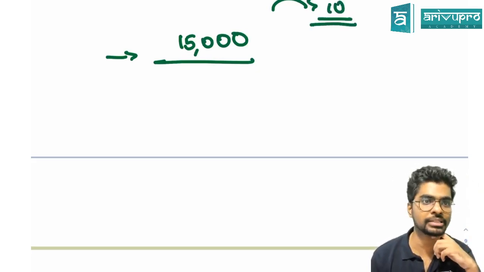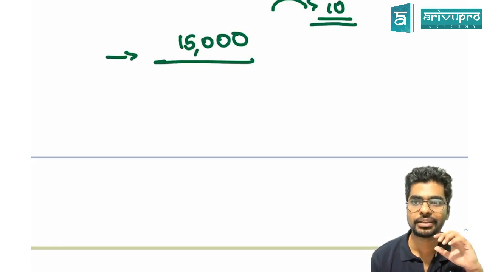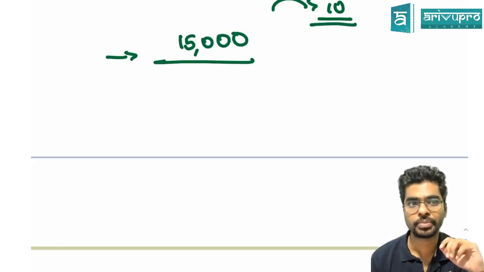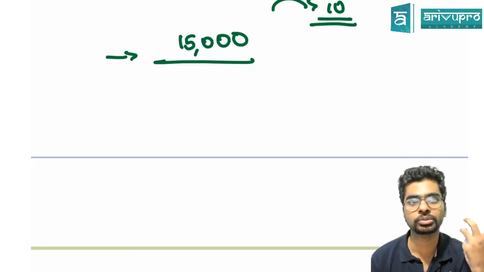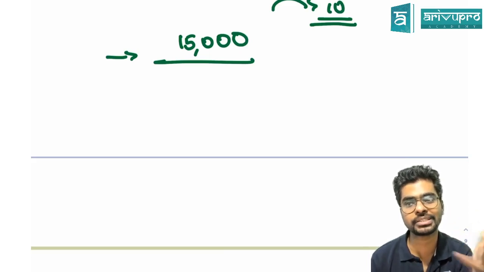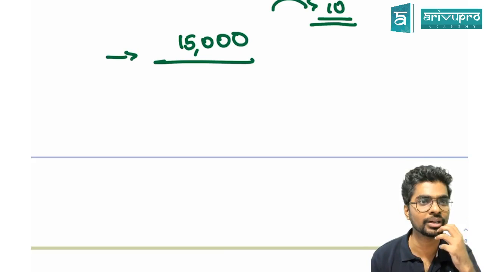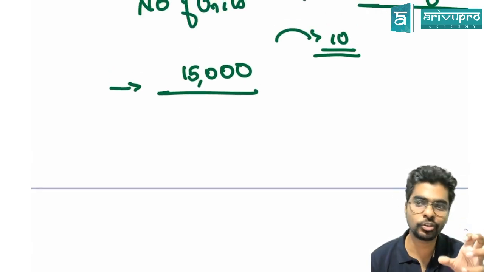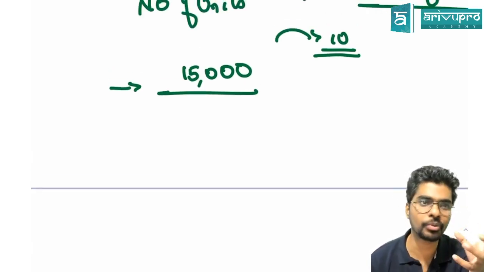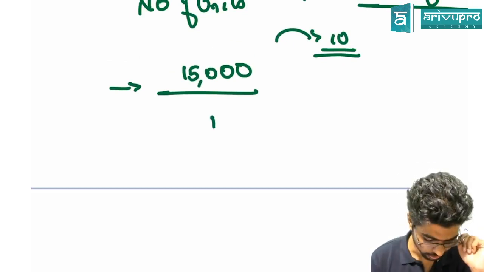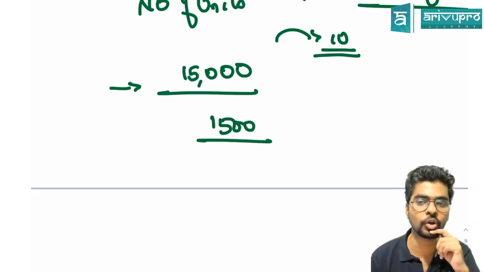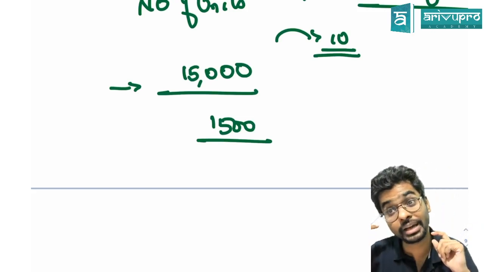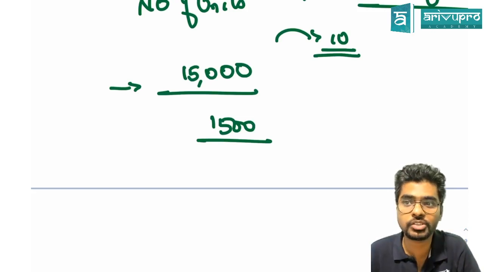What is the cost per batch? Spending 15,000. Don't do calculator mistakes. Concept mistakes, we are there. Calculator mistakes, we can't help you. 15,000, you are trying to produce 10 batches. How much will be your cost per batch? 1,500. If each batch, let's say, has 20 units, what is the cost per unit?